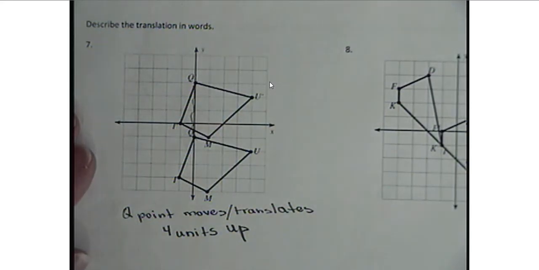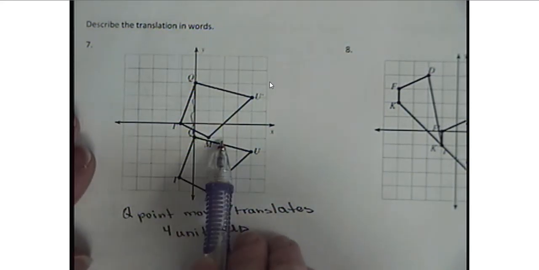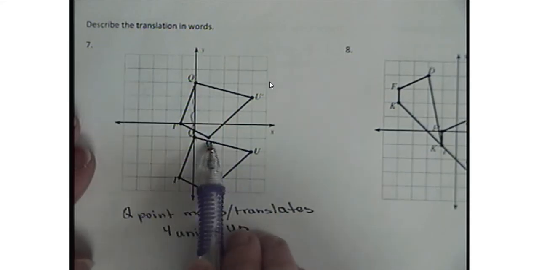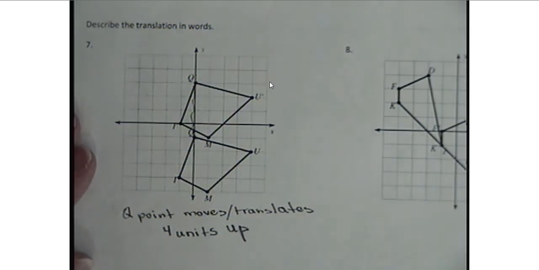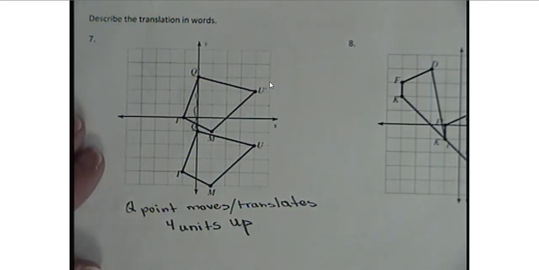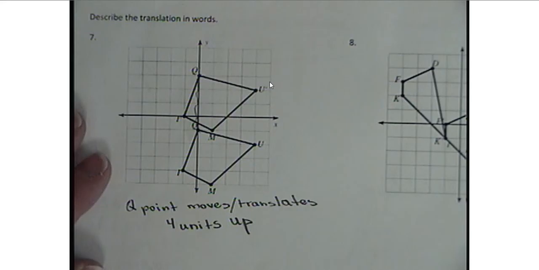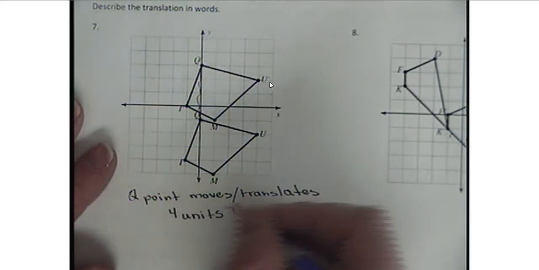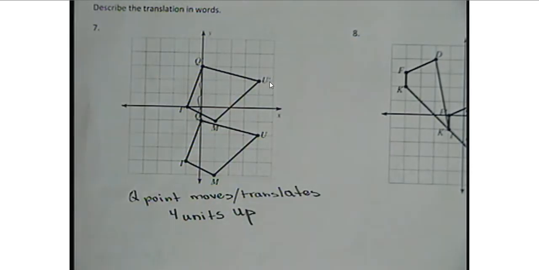And does it translate left or to the right? It looks like it doesn't move. It stays exactly in the same position, doesn't go any other place to the left or to the right. So in this case, x will be just 0, would not move. So your rule for that will be, or the explanation of this will be, Q point moves or translates 4 units up. That's all, or the whole shape actually, it translates